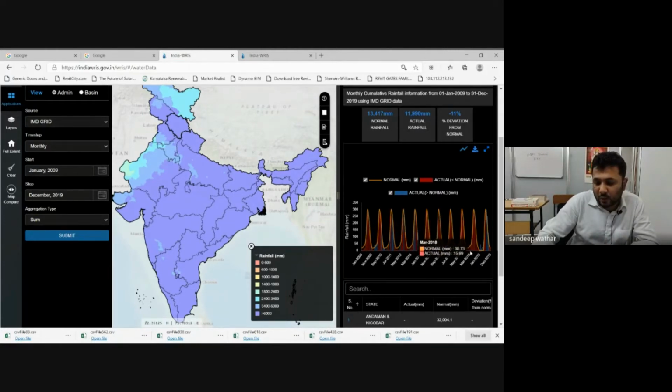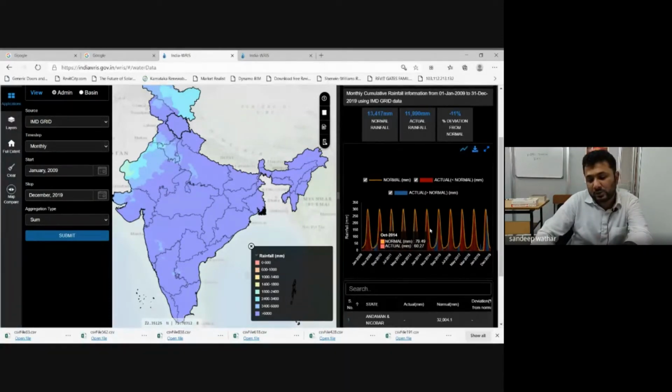Similarly, you can see how much rainfall happened in August 2018. You can hover over or point at any of the bars, and you will see which month and which year's rainfall it is showing. Now, if you want to get the data, you have to download it over here. Okay, download CSV.